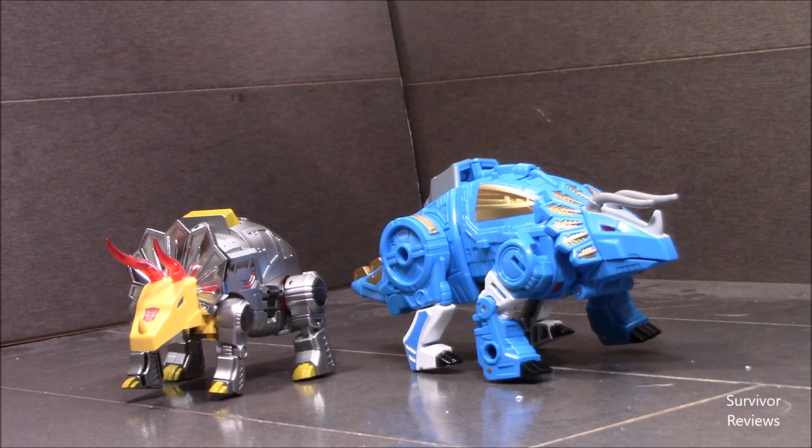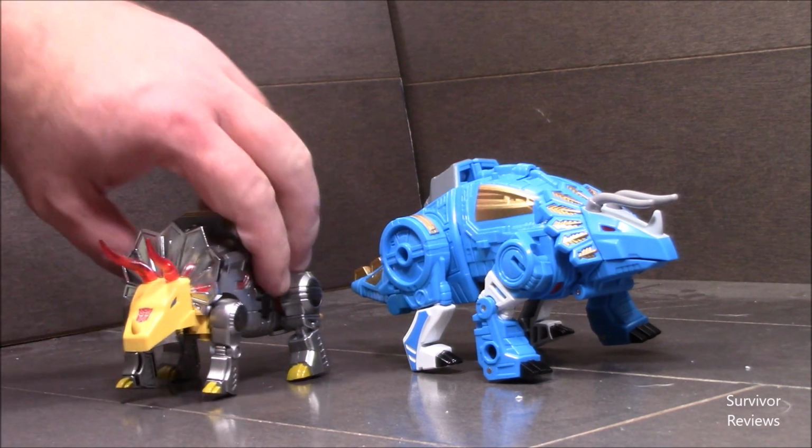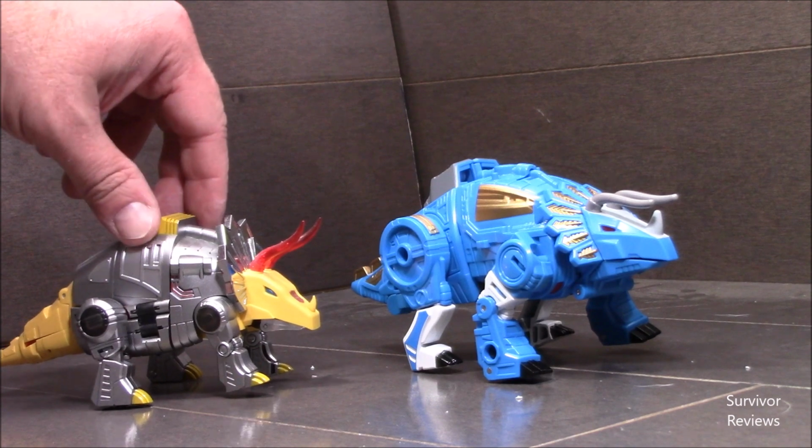Final thoughts wise, this thing may be a copy of the Power of the Primes Slag, but it is very colorful. I would also say that it is made better. A little bit of die cast has gone a long way for this figure, and I really like the size of it. This is the DX9 Slag, Snarl, whatever his name is,